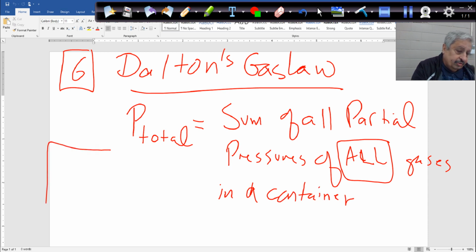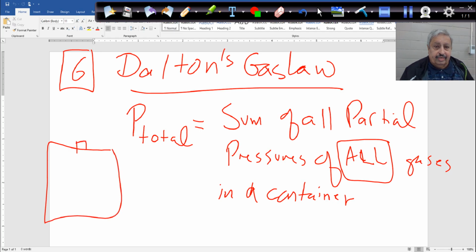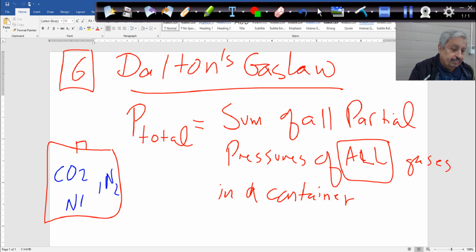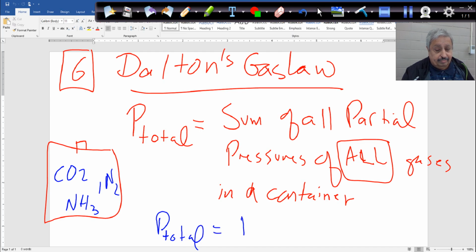I have here a container, confined, and this container has CO2 and nitrogen and ammonia. So it turns out the P total will be the partial pressure of CO2 gas plus partial pressure of